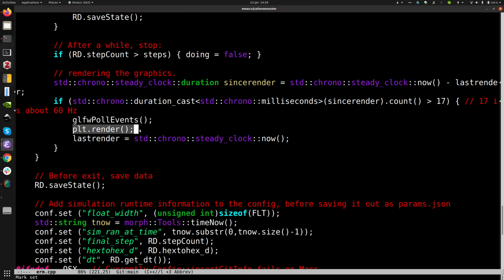bit of graphics. So this is just handling a set of timers, or a timer called last render, which allows me to render it smoothly. And that really is it for the